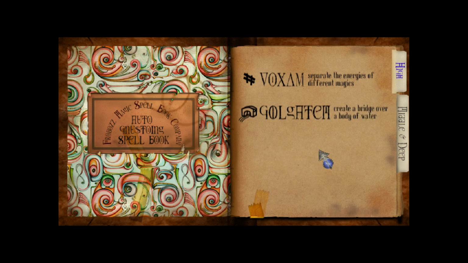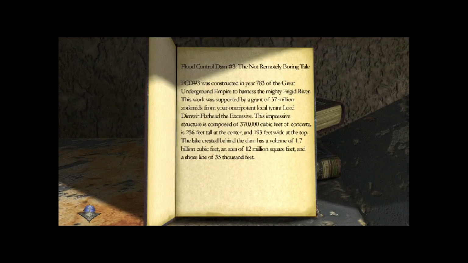Create a bridge over a body of water. We need a bridge, but at the moment there isn't any water in the chasm that we need the bridge to be created over. So